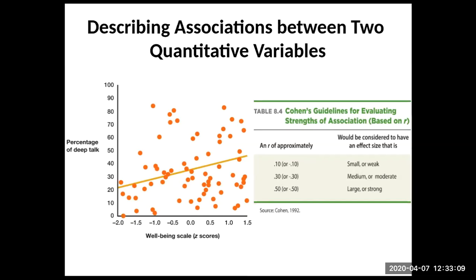So if you're looking for strength of association, weak, moderate or medium, and large or strong, 0.10 to 0.25 maybe to 0.30 is small or weak. 0.30 up to 0.50 is sort of a moderate or medium, and anything 0.5 or above is going to be a strong association. We think about this when we think about things like statistical validity, as we'll get into.